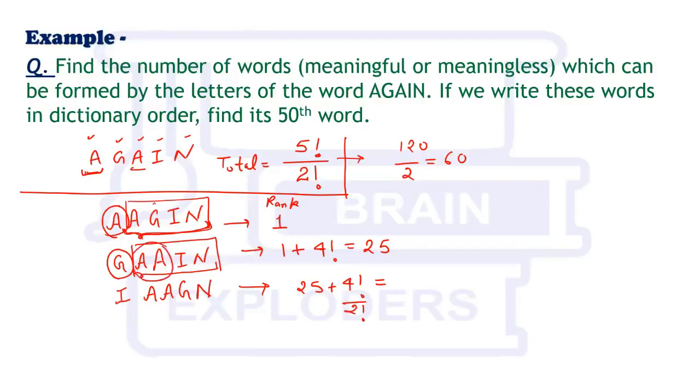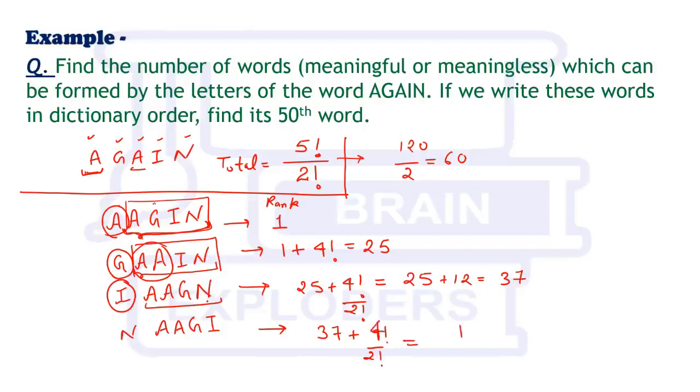So this is equal to 25 plus 12, which means 37. Again we will do the same thing. After all the permutations of these 4, N will come in the place of I. So we will have N, A, G, I, and its rank will be 37 plus 4 factorial over 2 factorial, and this will be equal to